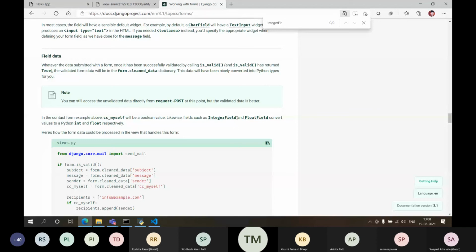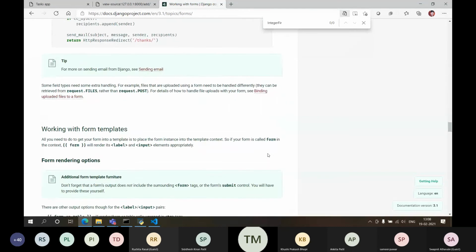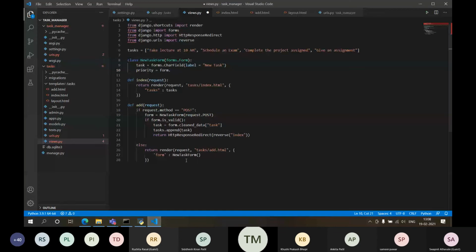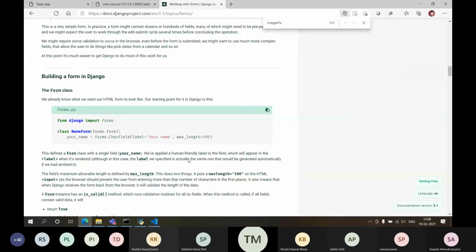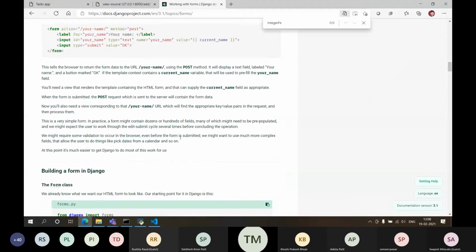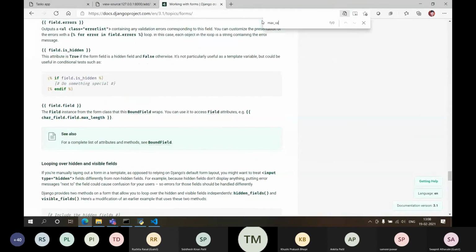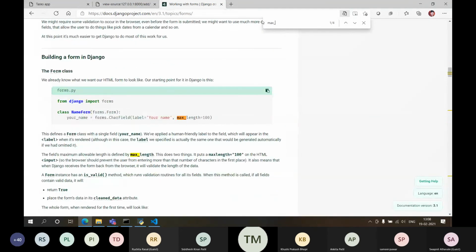Yes, right. So there is a thing called an integer field in the Django forms. Okay, and max length is also there. Value or something like that.